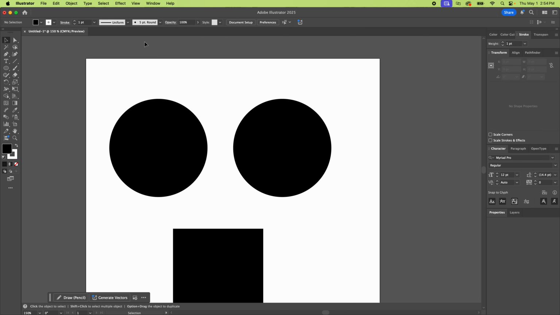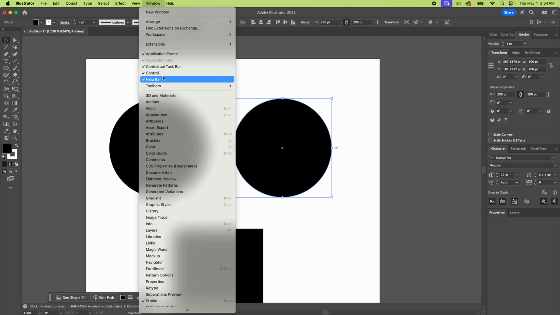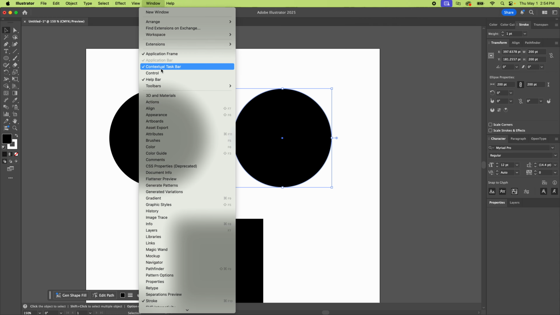So keep it real. Stay in the advanced one. And then we have the control bar, which is up here. This is the top piece, and that's a tricky guy too. This toggles on all your alignment and whatever, transform, stroke. So that's called control. That can be hidden by accident pretty easily, or if you update Illustrator,